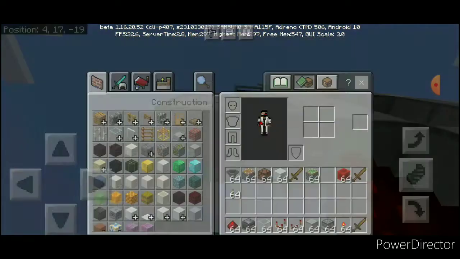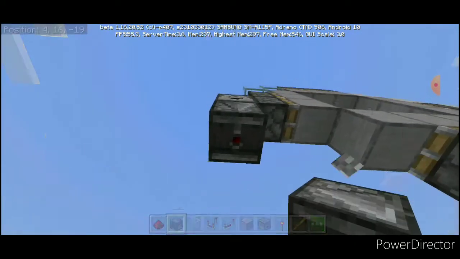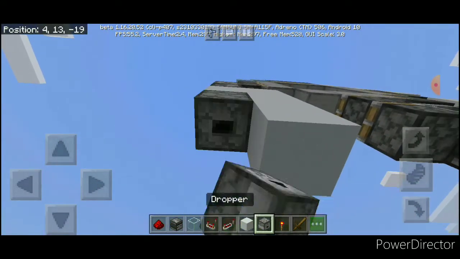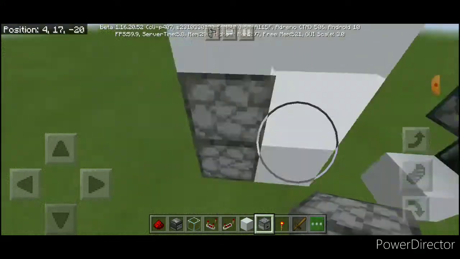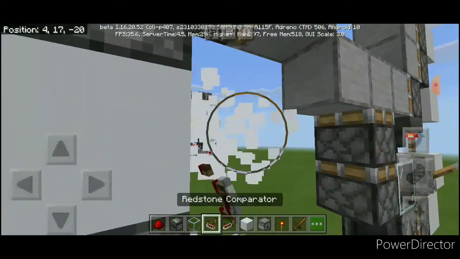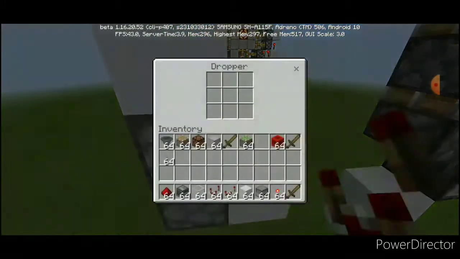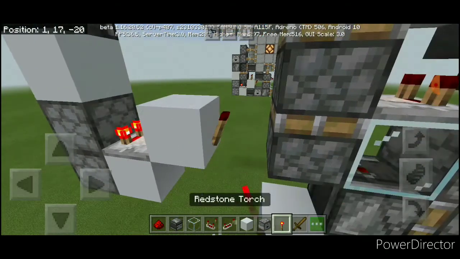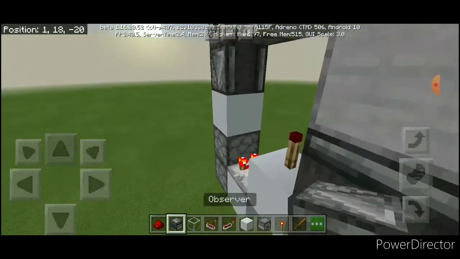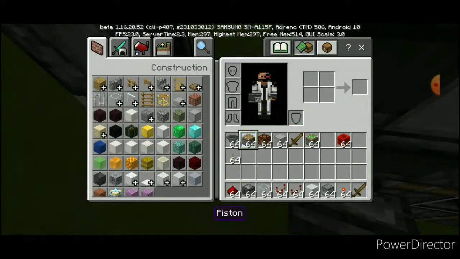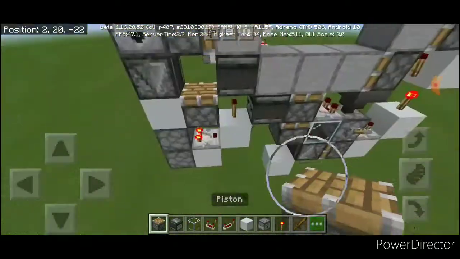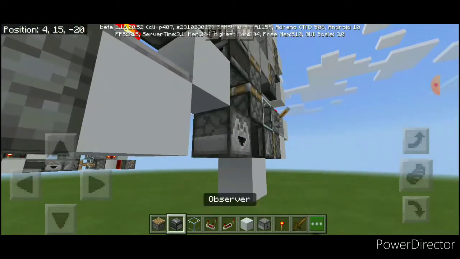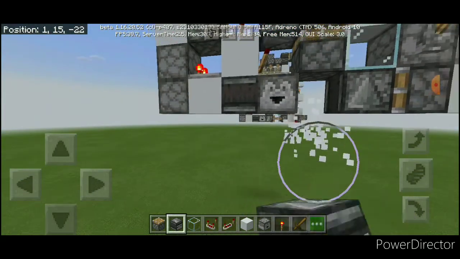Get your observer out like that, with a block here, go down a little bit with droppers facing into each other, break this block and that as well. Place a comparator and another item in the comparator, a block, a redstone torch like that, an observer with a normal piston right there, a dropper and an observer, and you are done with your 3x3